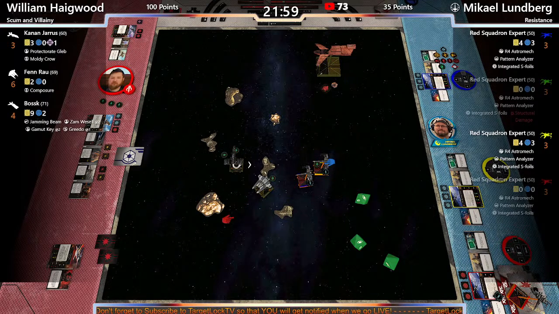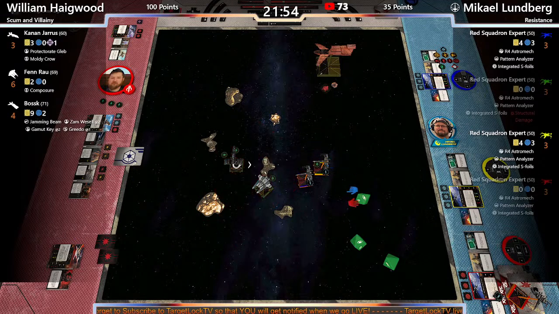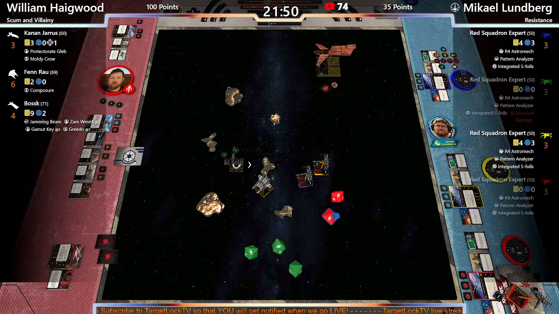Chad is also talking about Fen just opting out of everything. Such a coward. But it's working for Will, and the only damage on Fen was the blank out. So